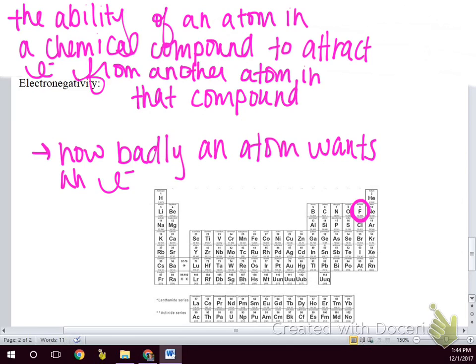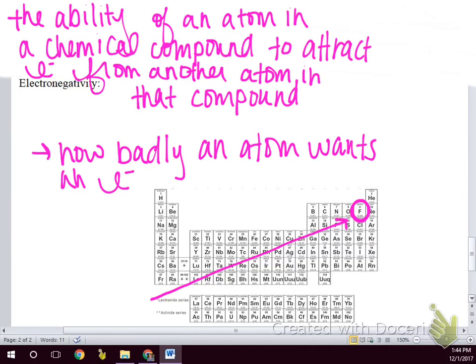So the trend is essentially your electronegativity increases as you get toward fluorine. Right? The closer that you are to fluorine, the more electronegative you are. Okay, so in general, that's the trend. And you can look at the table on page 161. 161 gives you the values for electronegativity. And so every element has been assigned an electronegativity value. And it's basically a rating on how badly they want to take electrons from someone else. Okay, and these are abbreviated values. Fluorine's real electronegativity value, I think, is 4.19. Okay, so it's a little bit rounded up, I think, from what it is here. I could be wrong about that, but